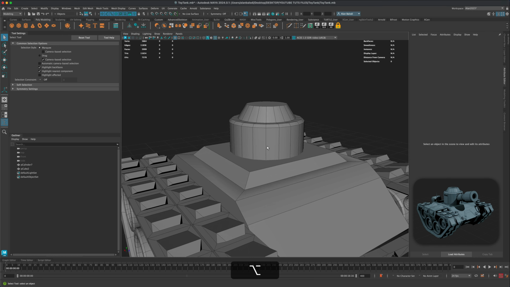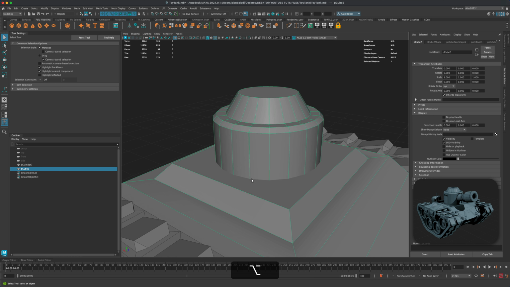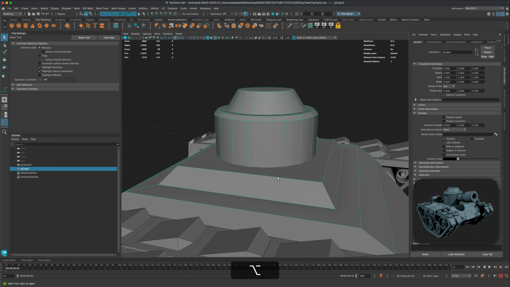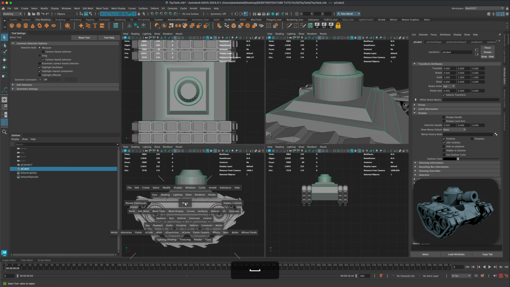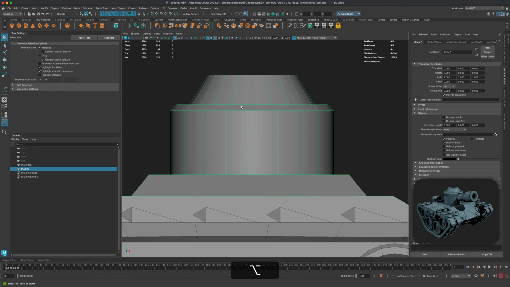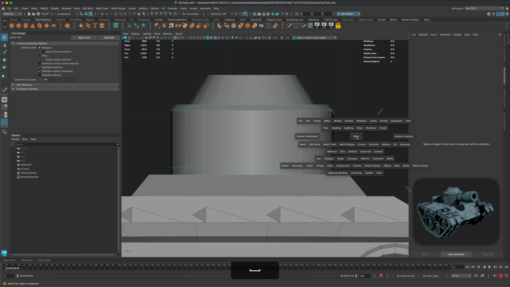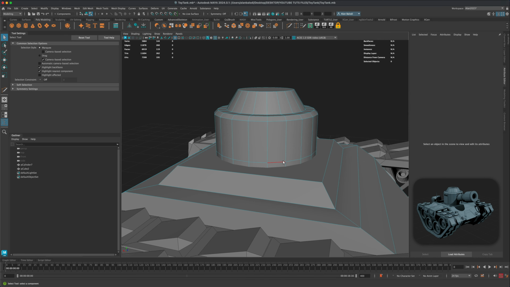Very nice. Let's add a better connection here, because right now the cylinder is just going straight into this box and it's not very interesting. So I'm going to go into the side view, grab my knife tool, hold down the shift key, and just make a line and make a cut. Next, I'm going to go back into my perspective view, and let's go into our face mode,